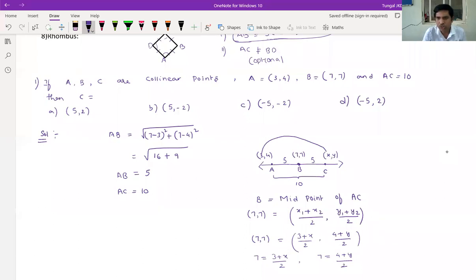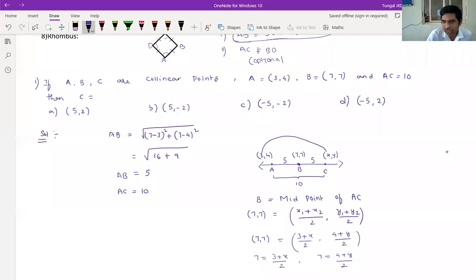We'll get, 2 sevens are 14, minus 3 is 11, which is not in the options. So there is a mistake we made. We'll see, AB distance we are getting is 5 units. AC distance is 10. AB distance 5, AC distance 10 they gave. So why have I written it like this, if suppose that position is taken?